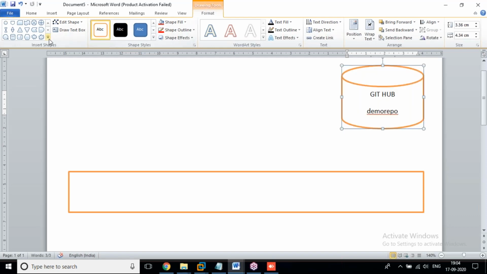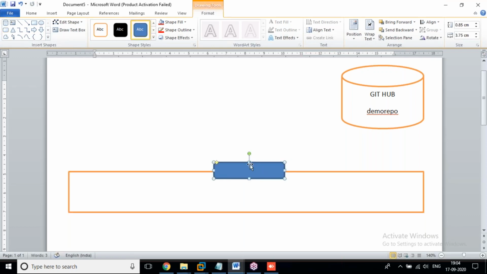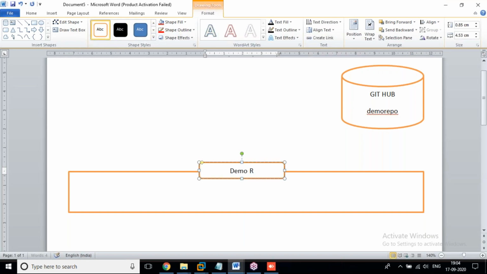Okay. Now what are we doing? Yes, we are cloning that repository. After cloning, it's the same demo repo.